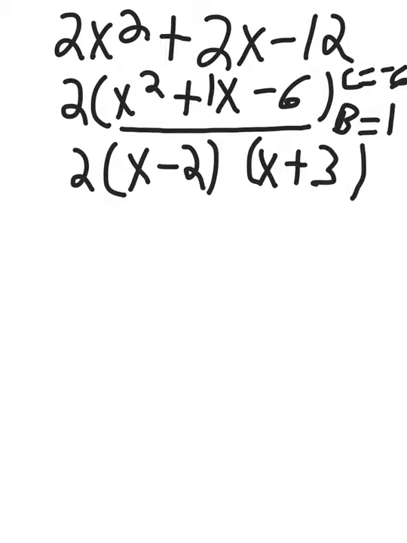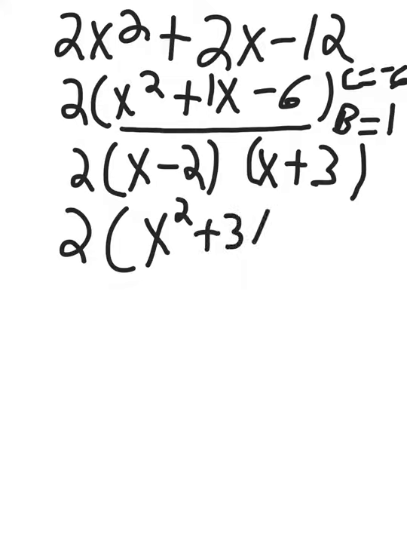So we're going to keep that 2 out here, and then we're going to have an x squared. That's our first term, so x times x is x squared. And then your outside terms, which will be the 3 and x. And then inside is 2x. And then you end with a 6. And we're going to double check that by distributing the 2 back in. And when we distribute the 2 back in, we get 2x squared plus 6x,